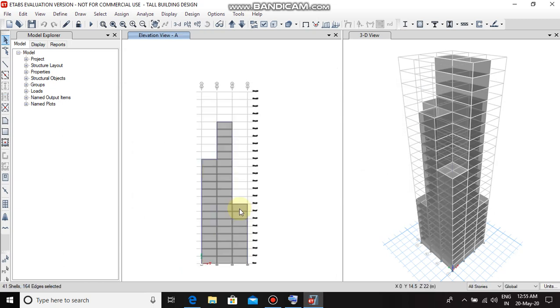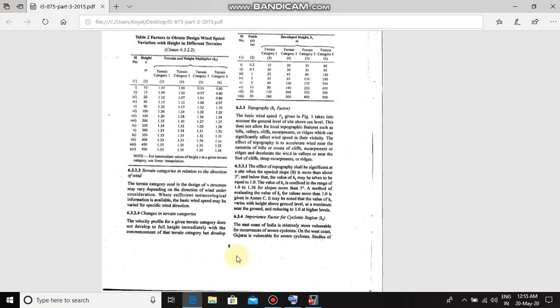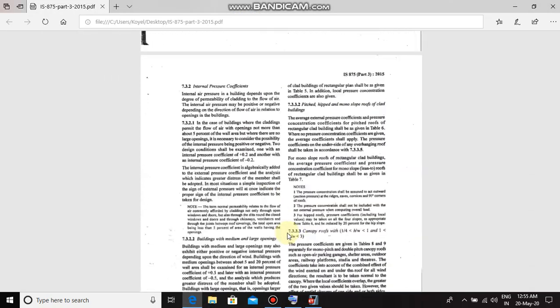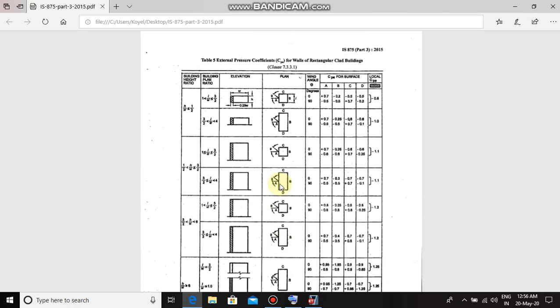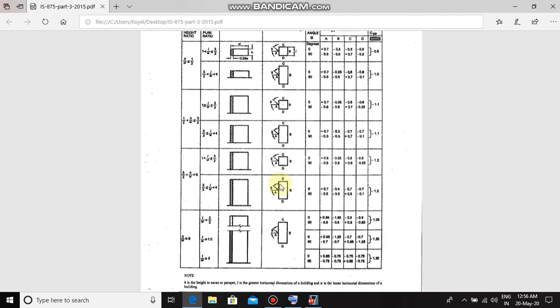To identify the wind pressure coefficient, we have to go to IS 875 table 5. Let's see table 5, page number 13. The building that we are drawing is about 69 meter height, with a width and length of 18 meter. That is, the height by width ratio will be 69 by 18, about 3.83.